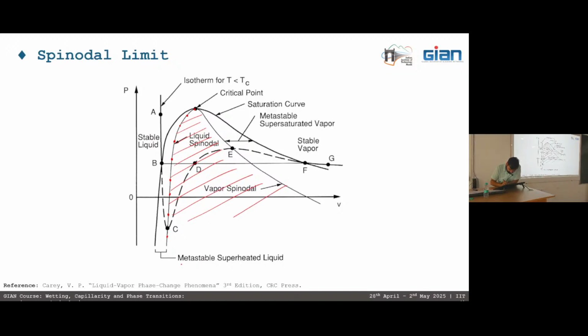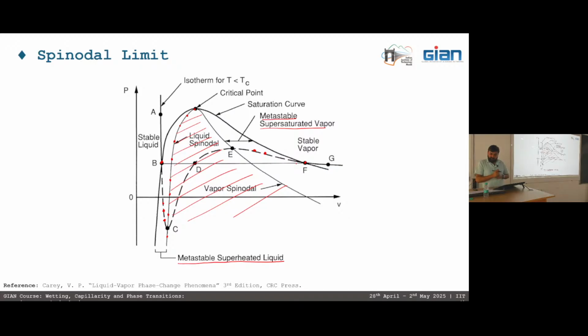But here you can see that we are in a superheated liquid state, but a phase change hasn't occurred yet. So this is called the metastable superheated liquid. Similarly, on the vapor side, we have a metastable superheated vapor region. So it means that when condensation is about to occur, we can still have steam at this point or this point, and then if enough perturbation is given, it can transition directly to the stable liquid region, or vice versa. If we boil the liquid, we can have metastable liquid until this state, this state, this state, and if enough perturbations are given, then it can transition to the stable vapor phase, right?